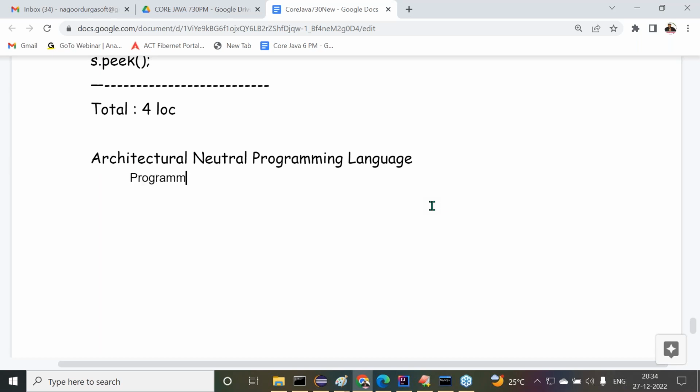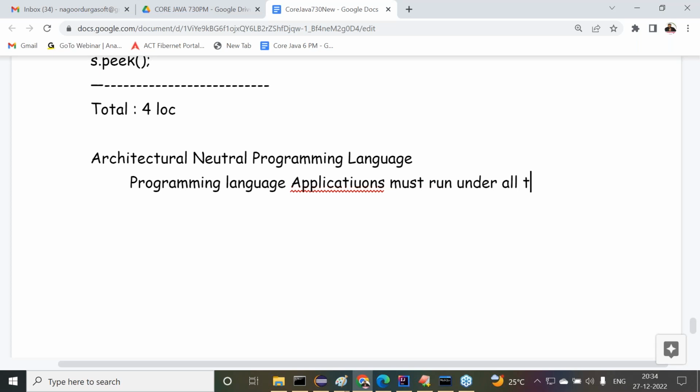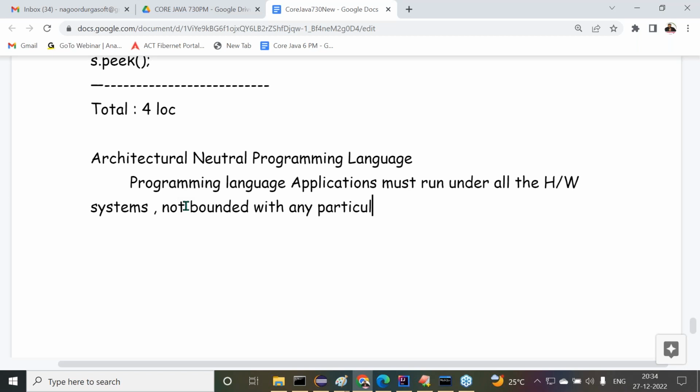The programming language applications must run on all the hardware systems, not bounded to any particular hardware system. Understand what I'm telling?